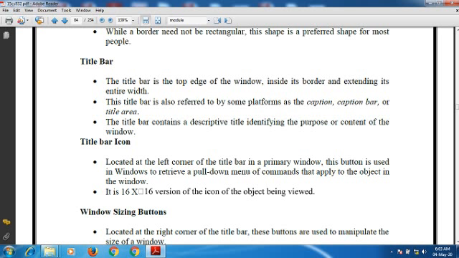Microsoft suggests that if the window contains a tool or a utility, a small version of the application icon should be placed there.